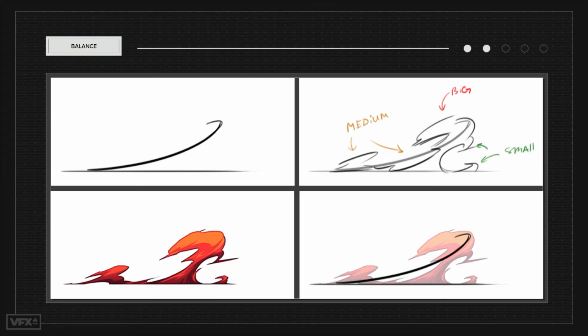In this example, I wanted to have a feeling of movement to the right side, so I placed a bigger volume on the right side too and balanced it with the medium volume on the left. And then added smaller details to bring additional variety and more tension between all these shapes. And all these shapes are also curved and pointed to support the action line. Starting with a line of action is a simple but quite powerful idea for catching the main action of the effect